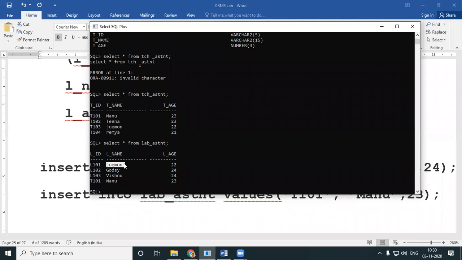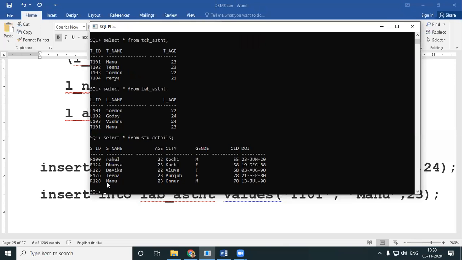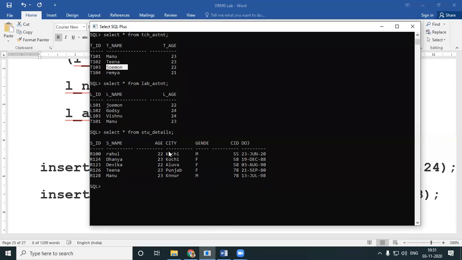I knowingly entered the data so that I can work on my union, intersect, and all those. And I even have a table called STU details where Manu happens in all three. Manu, Manu, Manu. And Jomon and Manu are common. Anyway, very simple. I have three tables where I do have repeating stuff.